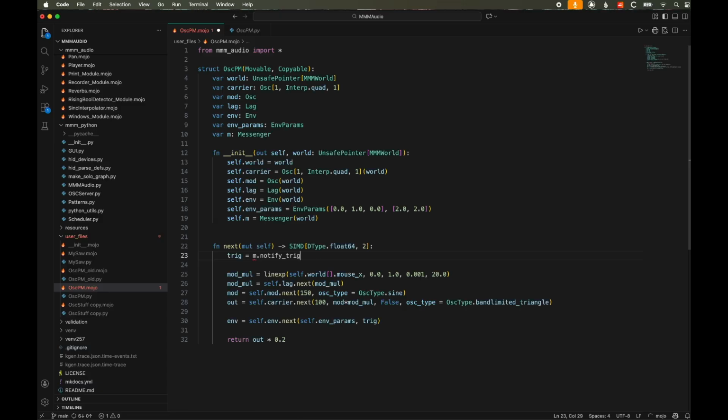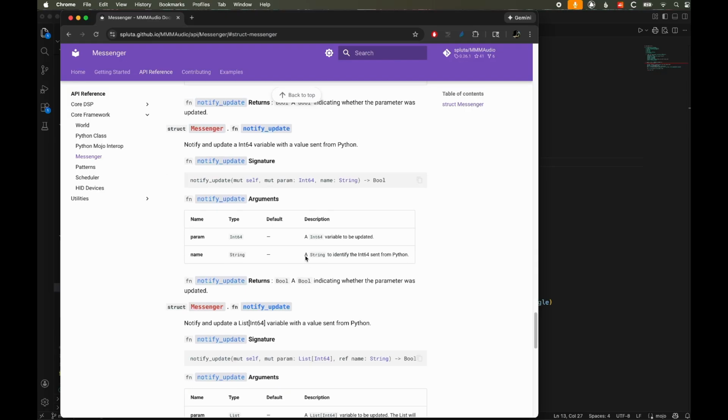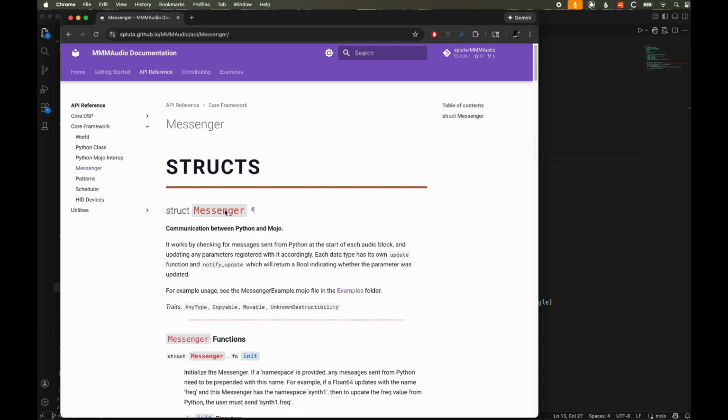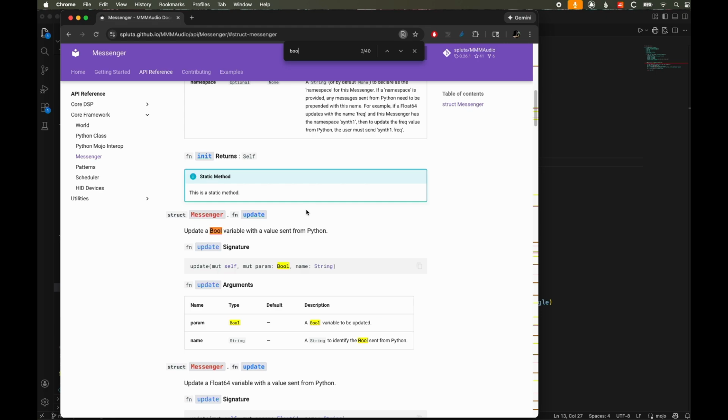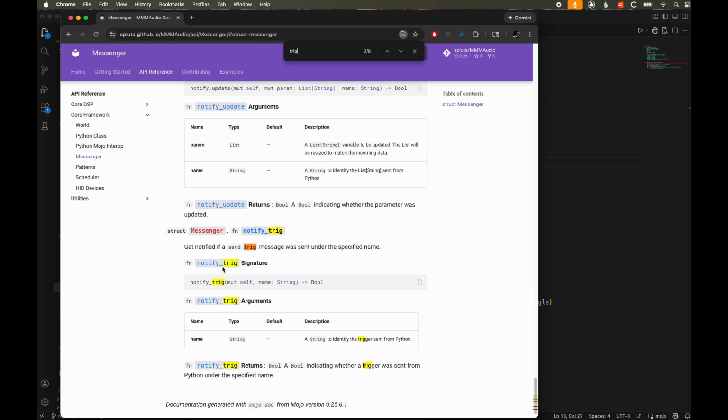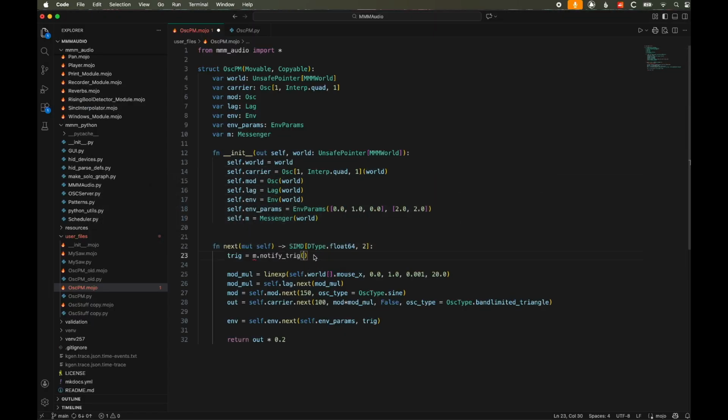trig. So I'm going to jump over to the MMMAudio help, which is something we should have open anyway. We are on the messenger page, in the help under core framework, messenger. And on here, we want to receive a Boolean, or receive a trig. So notify trig is the function. What we do is tell it the name of the trigger that we're going to receive. That's the only thing we need to tell it. So we'll just call it trig. And that should work. Why is it giving me a hard time? Yeah, that should be